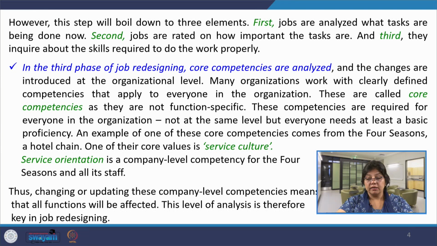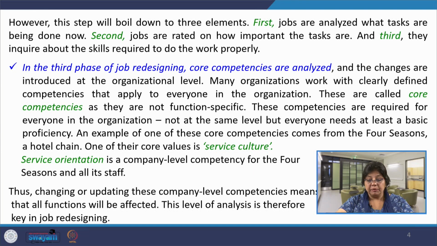So, many organizations work with clearly defined competencies that apply to everyone. It is not that some basic competencies will be performed by some people and not by certain other people in the organizations. These are basic competencies that are common to all. These are called core competencies, as they are not function specific. These competencies are required for everyone in the organization, not at the same level, but everyone needs a basic